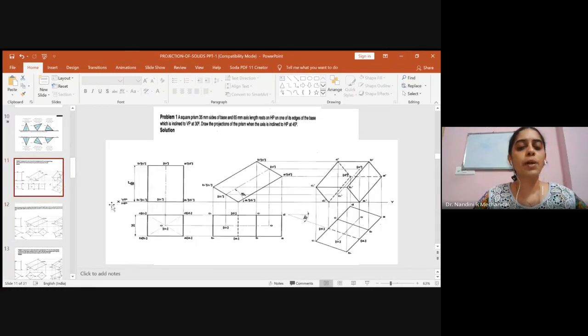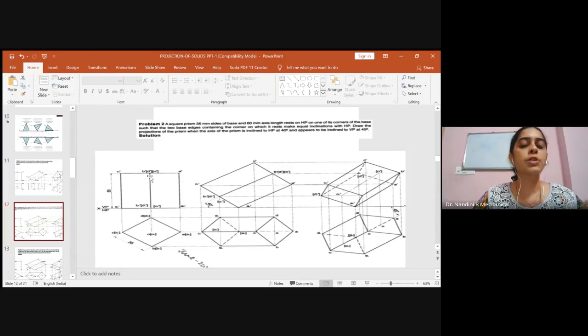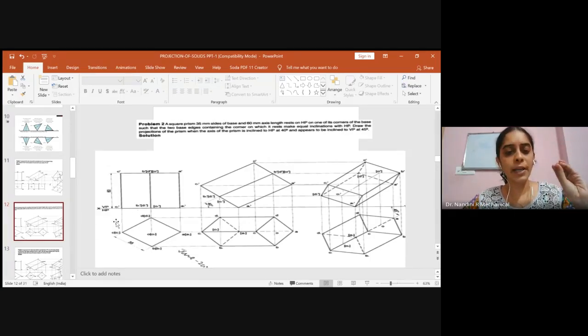But in the previous problem, when it was resting on one of its sides, when you extend from the center, you can visualize the center axis, and hence the axis we used to show. But in this problem, if you show the axis, you will go wrong, because the axis is overlapped with one of the longer edges. So you have to show a continuous line. That is the difference in the first stage. So as explained, in the first stage, you will see the top view like a rhombus kind of structure. This will be the true shape of the bottom surface of the square prism.